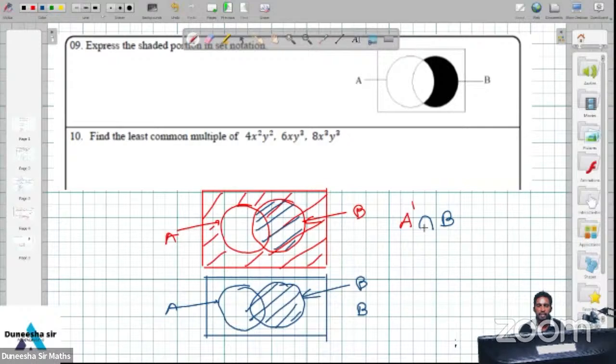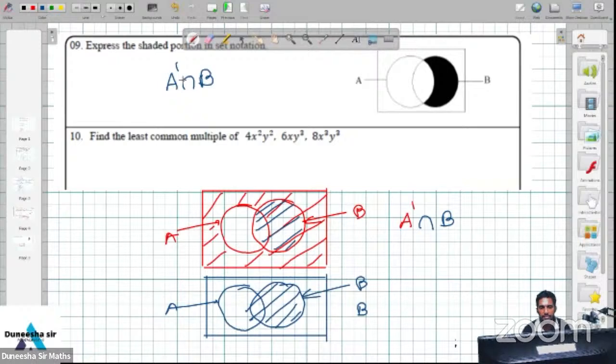What is? A dash intersect B. ඔය දෙකටම පොදු කොටස නේද මම දැන් පාට කරලා තියෙන්නේ. A dash what? Intersect B. Okay. What is the portion? The shaded A dash